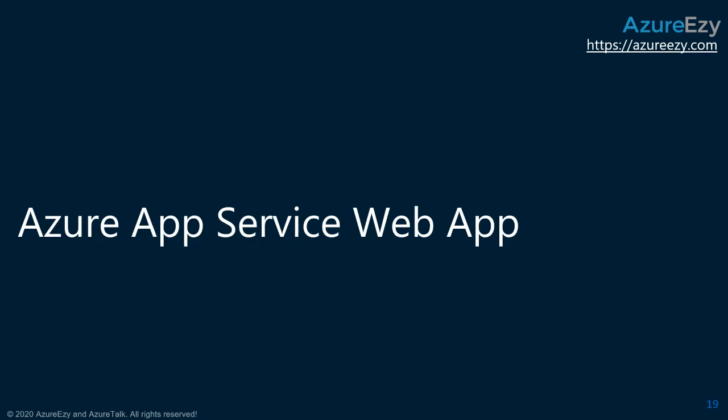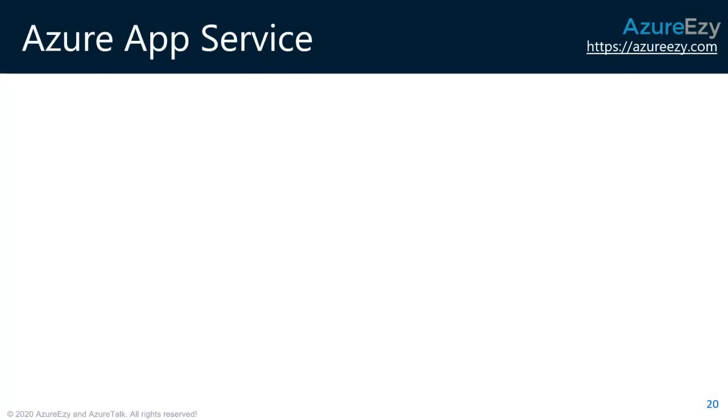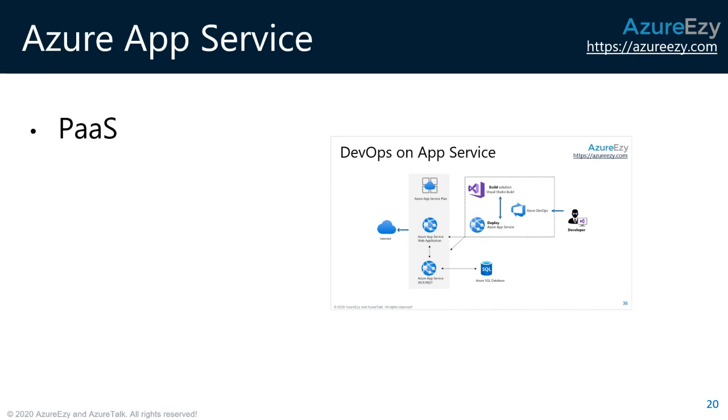App service is another platform as a service solution which you have. This is very much similar to Azure VM, except it comes under the platform as a service category. In platform as a service category, you don't really have to deal with the operating system. All you need is a